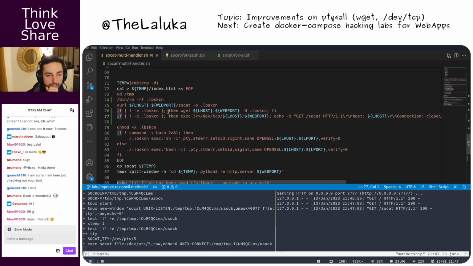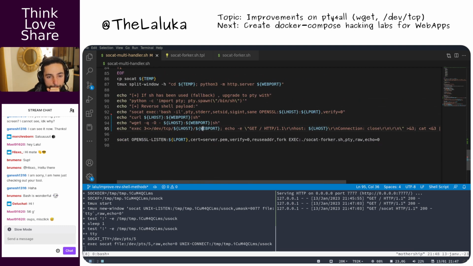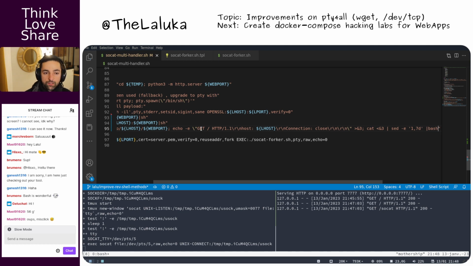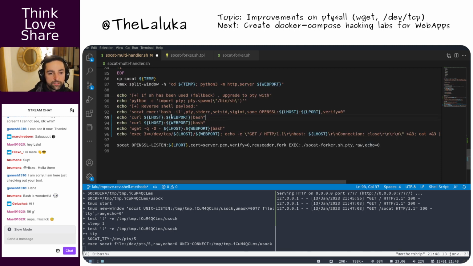So I might, yeah, no, I do need to add that. Yeah, so it's there. But the other ones might benefit from it. So what I'm going to do, I'm going to say that all these ones must use bash, but if someone really needs a shorter payload, they can go with sh,